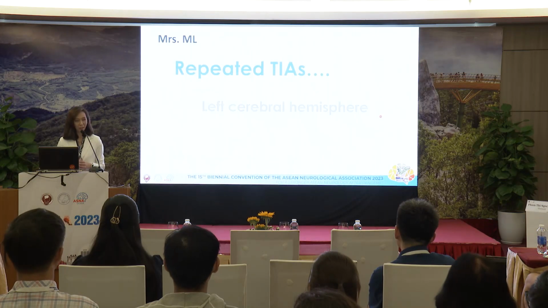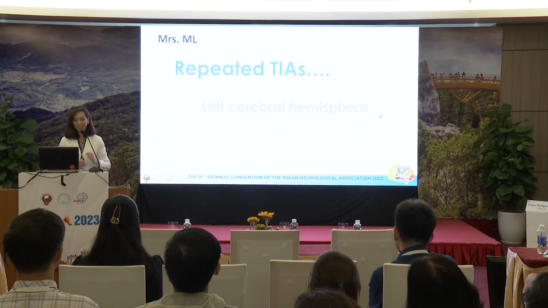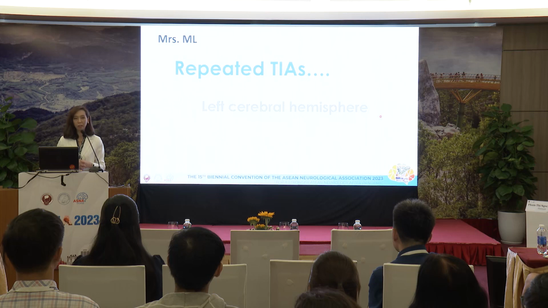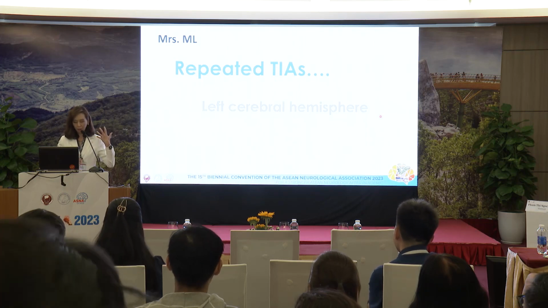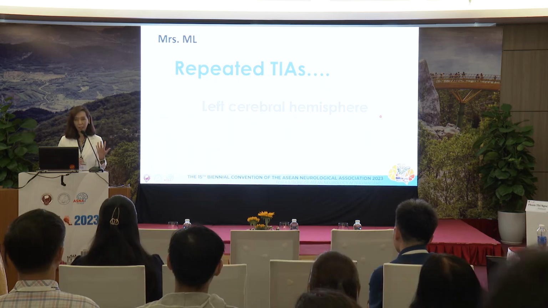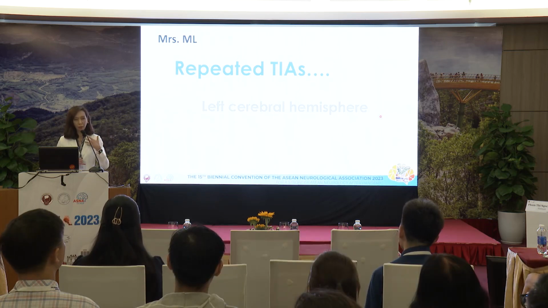So, what's next? This patient is coming in with repeated TIAs. Now she's back to normal neurologically, but she has a high chance of having another TIA or even a bad stroke. So I think it's very important that we search for the cause of these TIAs. Since the TIAs are happening on the same side all the time, it's very likely that they come from a blood vessel on that side. It's very unlikely to be cardioembolic because it happens on the same side all the time.